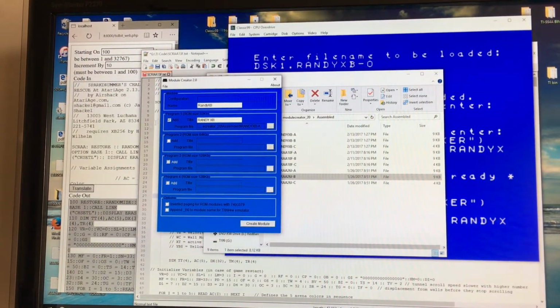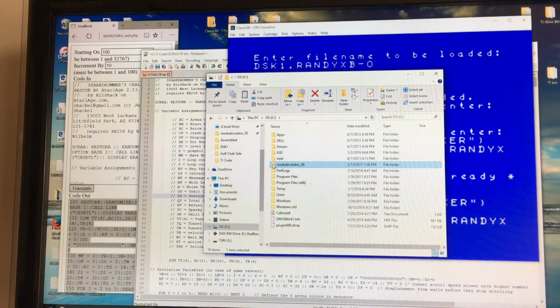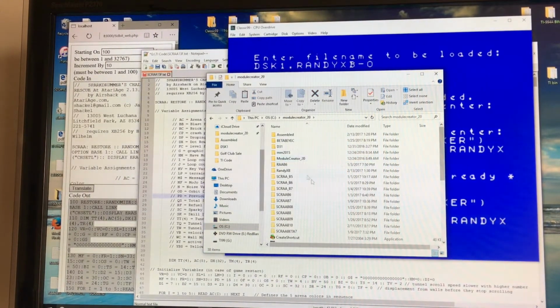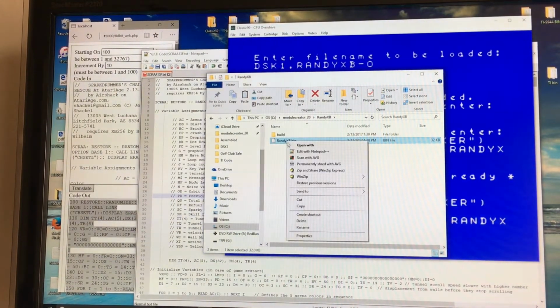I will. I'm going to reduce Module Creator. I'm going to go back to the C drive and go to the Module Creator. And look, we've got a new folder called Randy XB. It was just created now at 1:30. Double click that and there's your bin, Randy. All right, now we're going to copy this bin